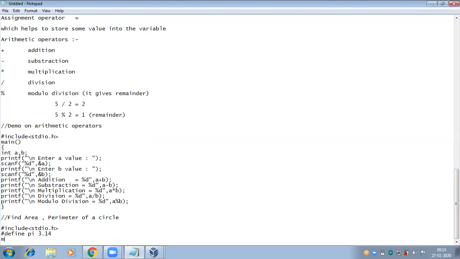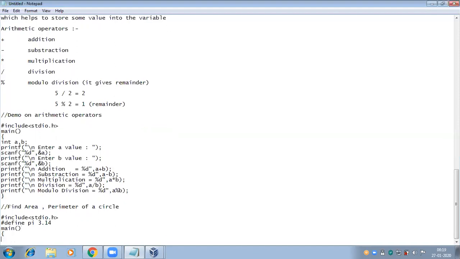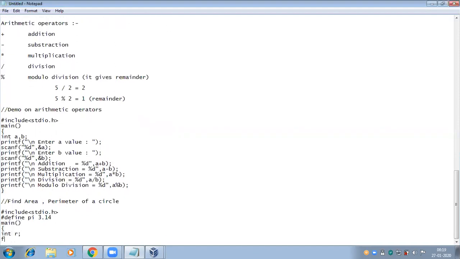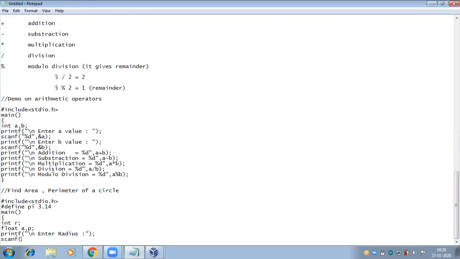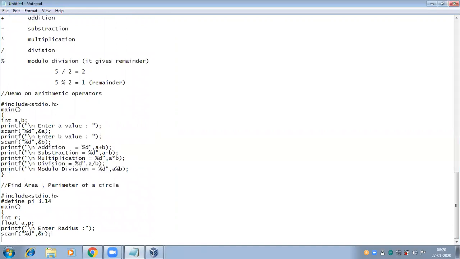Then I'm starting with main. Integer radius. The resultant value may have decimals, so we take the resultant variables as float. I read the input for radius, enter the radius, then scanf %d, address of r. Then I calculate the area, pi r square, pi into r into r.